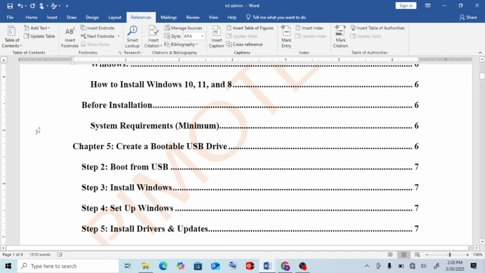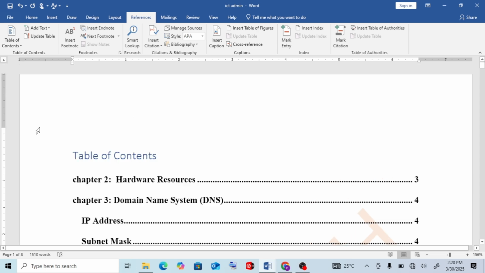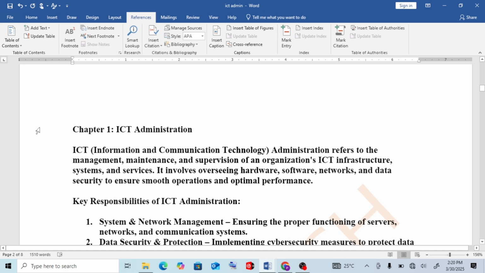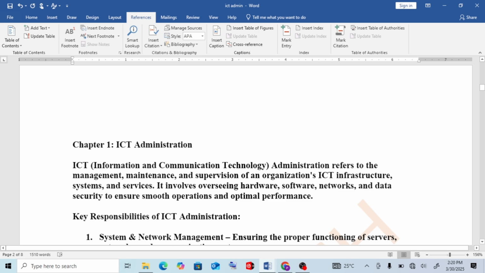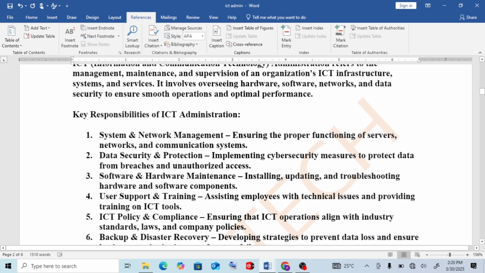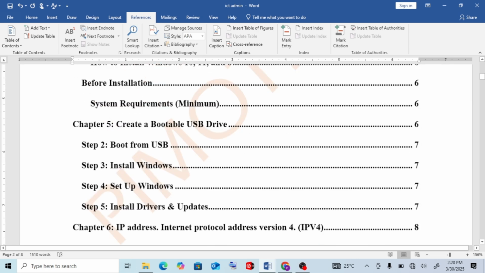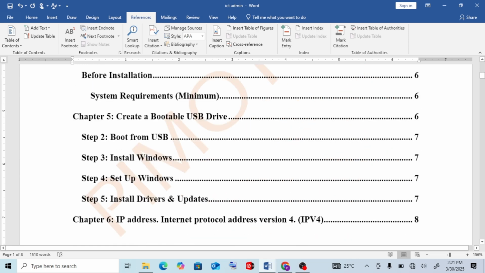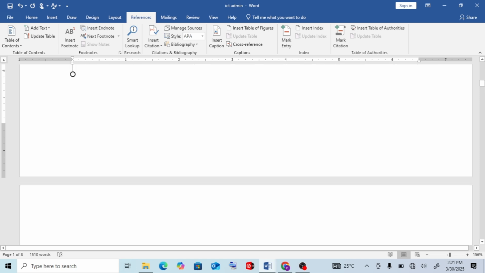Now the table of content is on its own page, rather than the other way where you put table of content on the same first page which has the content. You see now your content remains in the well arranged order you wanted, and the table of content comes with its own page. So that is how we insert table of content in MS Word document.